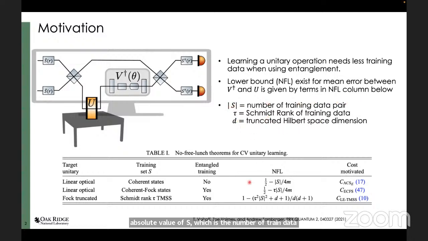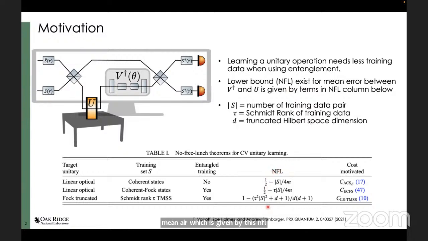So the error between our target unitary U and the simulated V dagger that we're optimizing to learn U has some mean error,